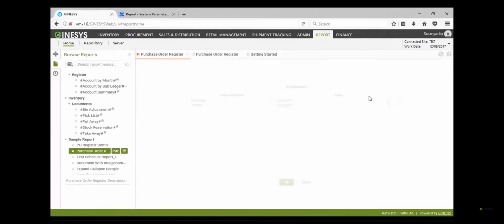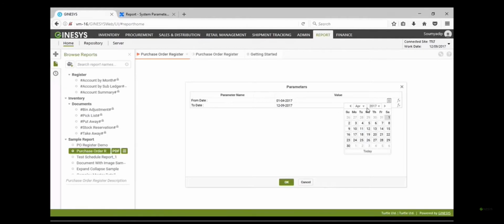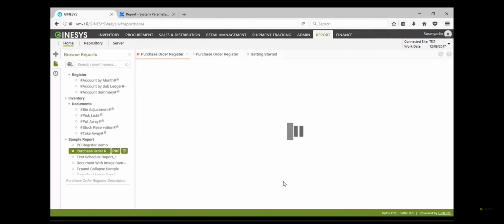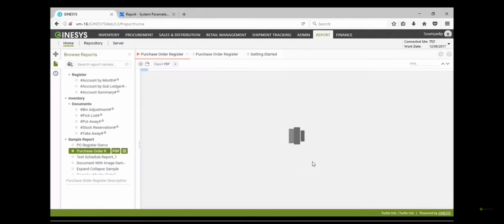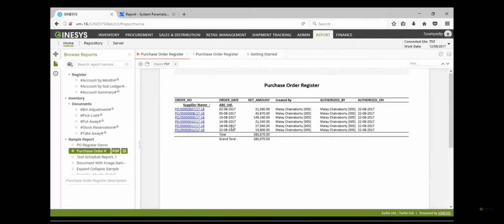You have to specify the date from, date to first. Suppose I change this to August 1st and press OK. Only the supplier name filter will pop up. It will not show the order date filter. And if I run this report, it will show me only the August month data. Automatically, the filter value will be replaced by the parameter values. So this is how we can assign a parameter value in a filter and work on it.